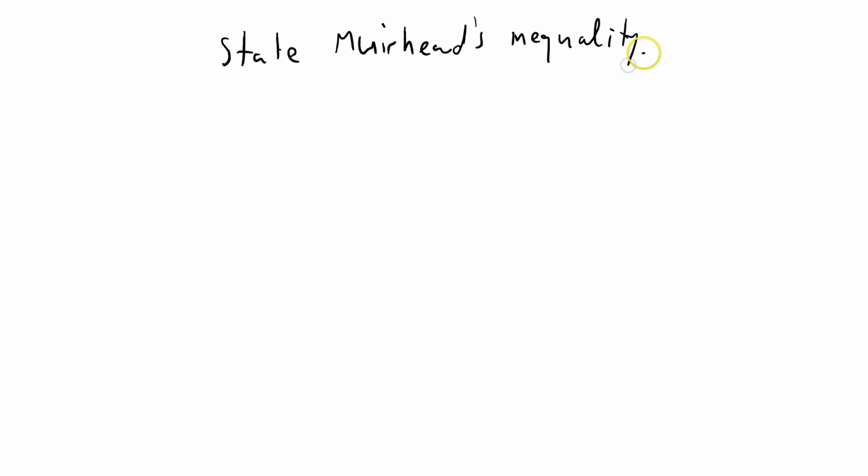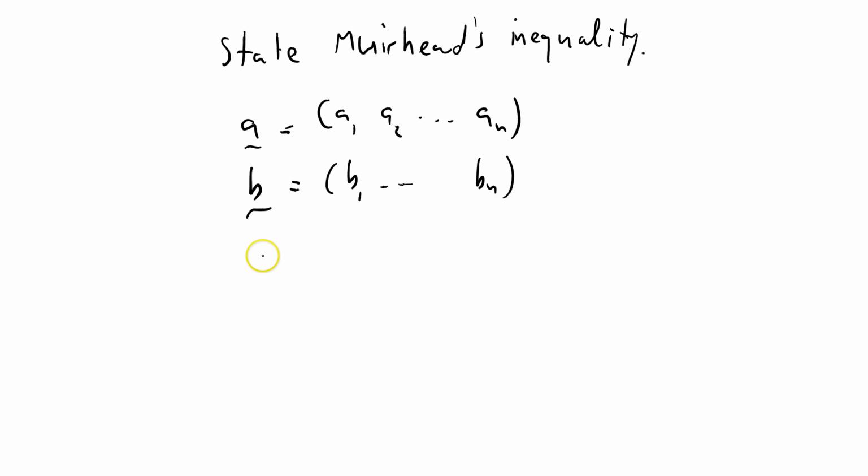Right, so what have we got? I'm going to state Muirhead's inequality theorem. Basically, if I've got two sequences, A, which is A1, A2 up to An, and B, which is B1 through Bn, and I know that A majorizes B,